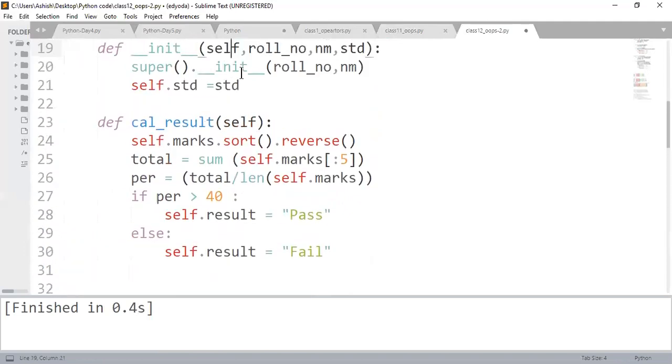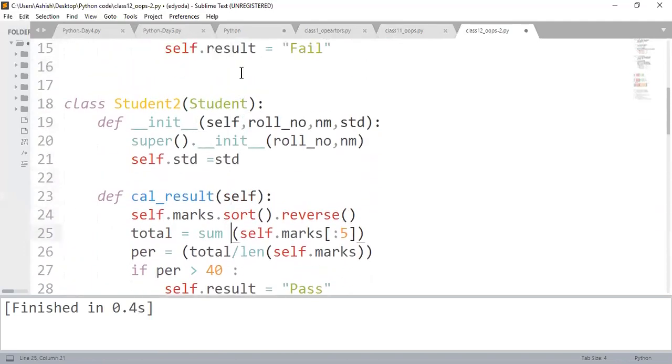Divided by length of... Let me directly write 5 instead of len of self dot marks. Total, that we can do, or let's do this. Oh, not self dot marks, right? So I'm taking it in total. Alright, so this should do, right? So if I get this and length of this,